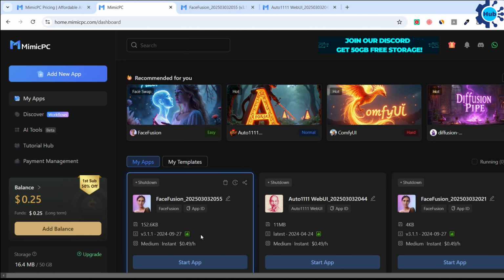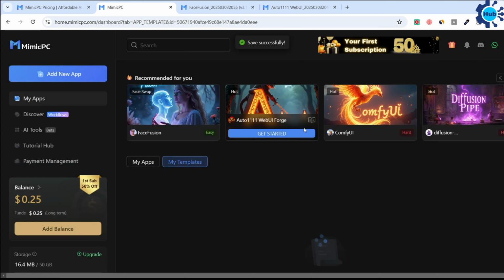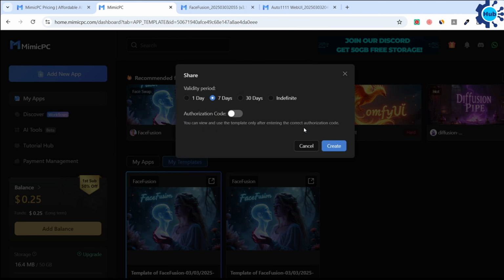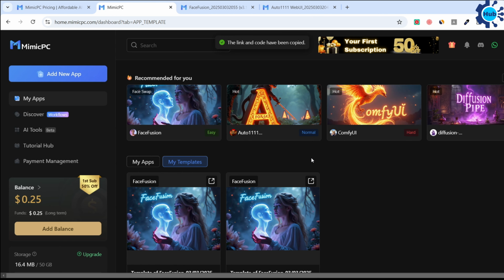I can also come over to the top right and click on the share icon, and I can share my workflow. In order to share it, you have to create a template, and now I have a link. I can copy this link of this workflow, so I could share that with fellow users, with whoever,